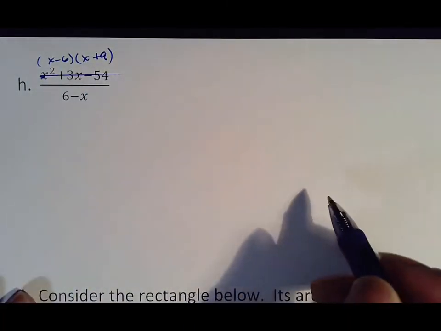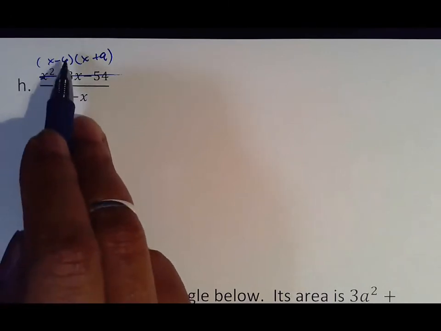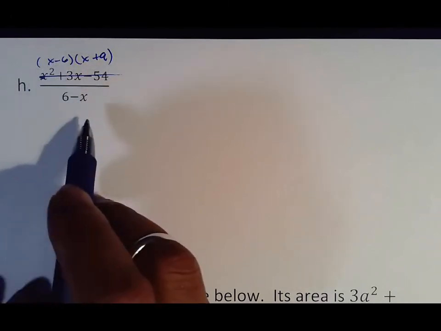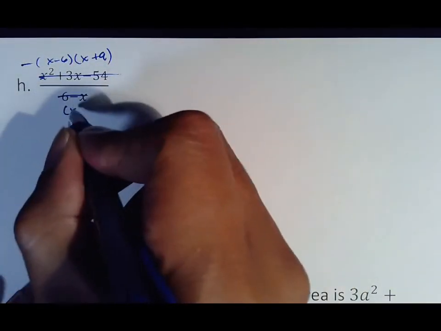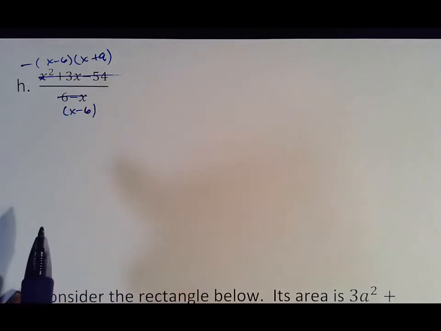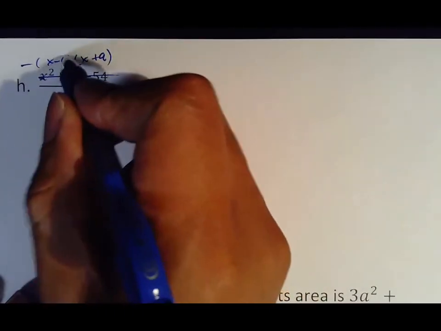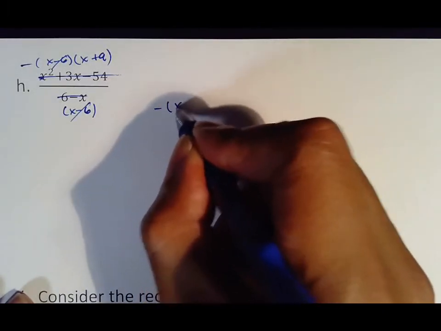So that goes away. But again, the issue is we have an x minus 6, we have a 6 minus x, and because of the minus, you can't just flip those around. What I have to do instead is put a negative here, and then I can put x minus 6 here. Again, the negative has to pop up if you're going to flip that around. That now allows me to cancel this out, which then gives me the answer of either negative parentheses x plus